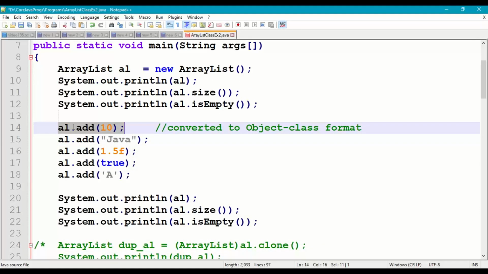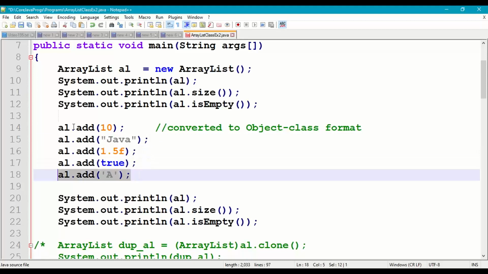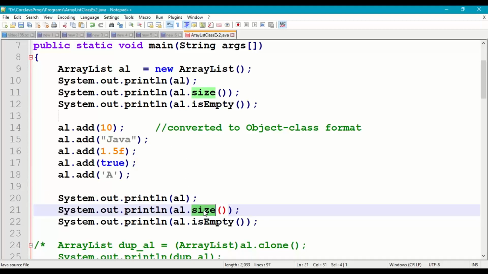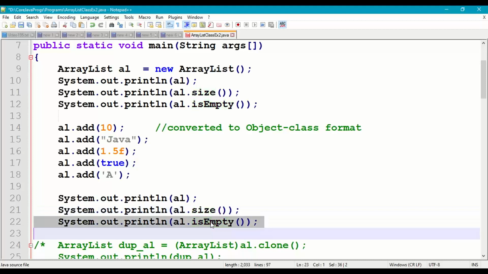al.add(10). So 10 is integer data. It will be converted into object class data and then stored into the ArrayList collection. After that, we are adding Java, which is string data, 1.5f float data, true boolean data, and character A, which is char data. After that, again we are printing the ArrayList. It should display all 5 elements. The size is 5 now, and isEmpty we should get as false. Save it,